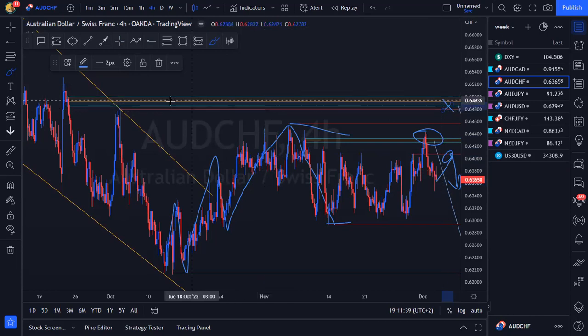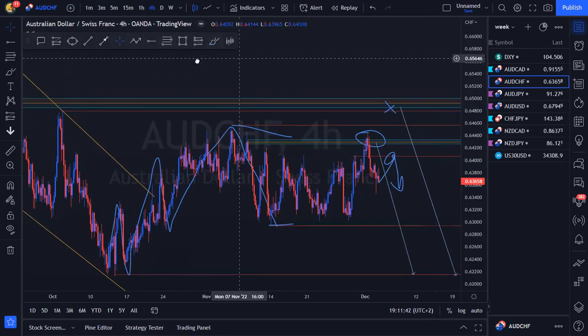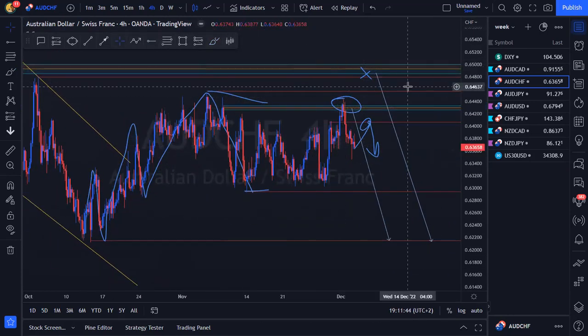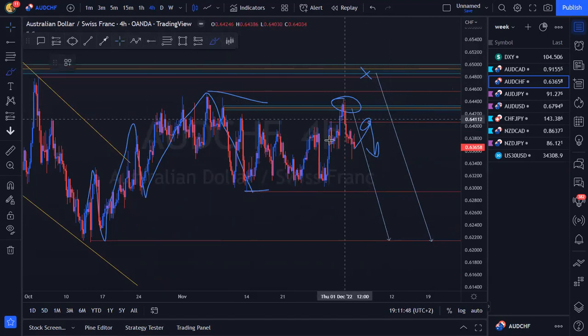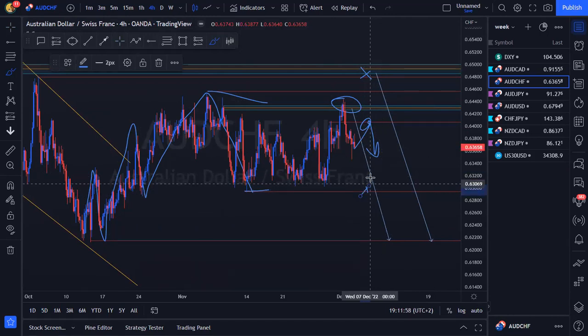Otherwise, if the setup fails from inside of here, then the next place where we want to sell is still up here. Nothing, literally nothing changes about the setup that we're looking for, except maybe now we can include, since we're seeing the sellers involving themselves now, if price action doesn't come back up and we still continue to the downside, then obviously we've got support here where we can pay attention to the structures that develop to look for bullish momentum.